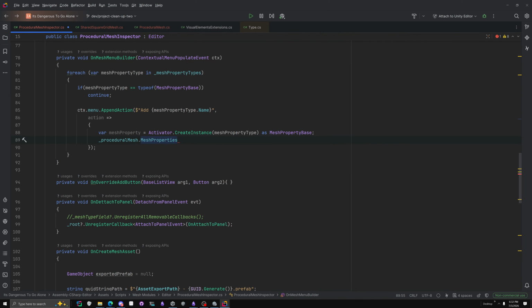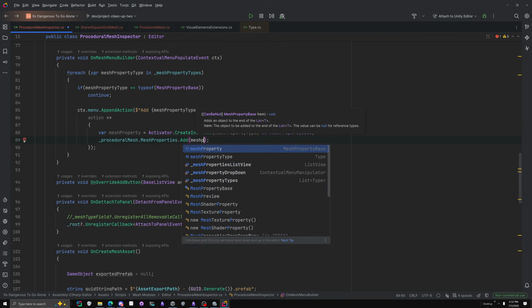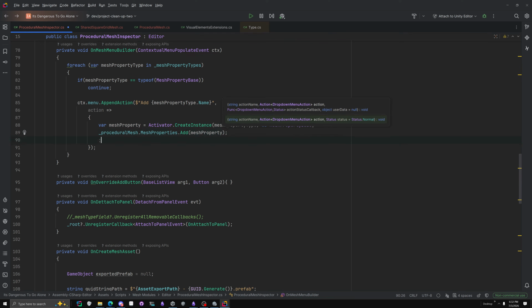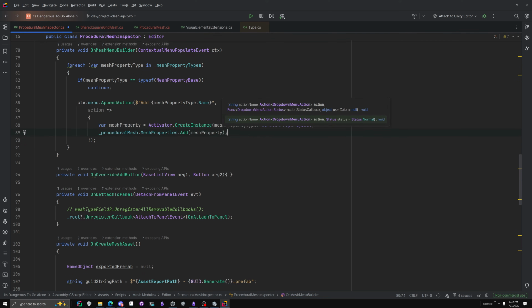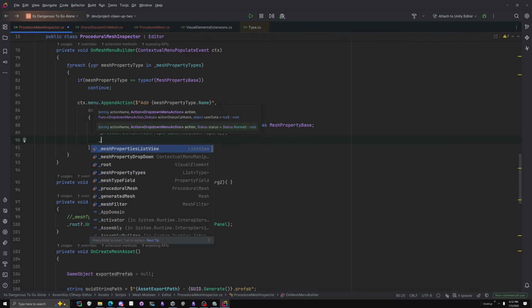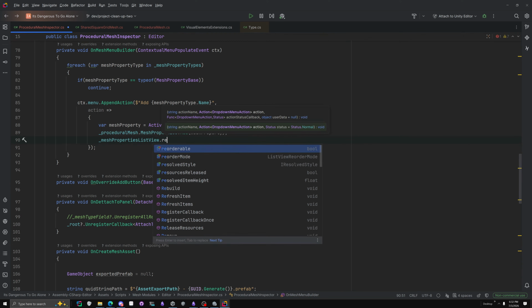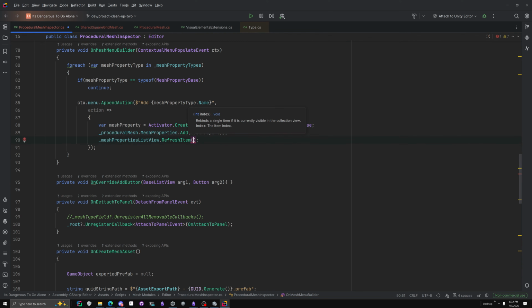I can actually just say procedural mesh and just say add, and then we just say mesh property type, or sorry, not property type, but mesh property. And the last thing is we tell the list view to refresh. Most of the time, refresh items specifically. Now, what does all that do? Well, now